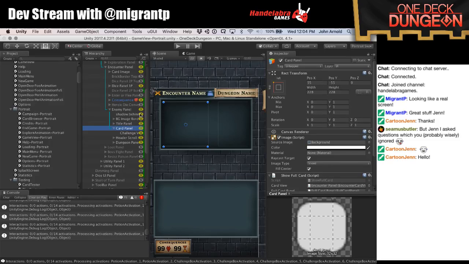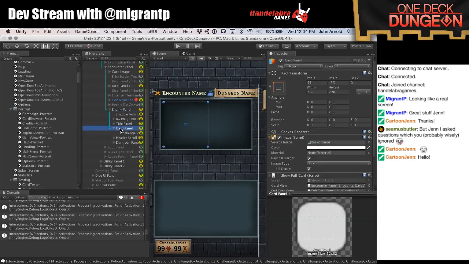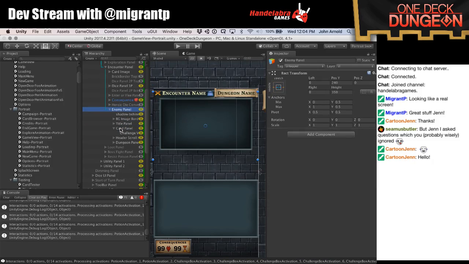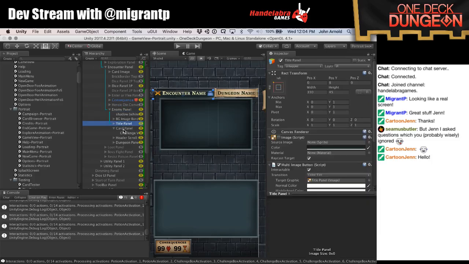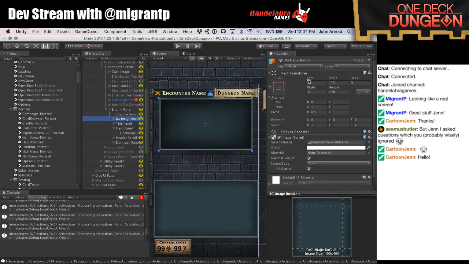So here we want this enemy panel. It is going to the right space there, but we want these parts to be a little bigger. And this thing actually needs to be tied to the bottom of the screen so that it snugs up to that, but that's something I'll adjust later, probably. So let's look at getting this background image. Yeah, right now, with the phone, I want this to be right to the edge of the screen, right? Like I don't want this to be